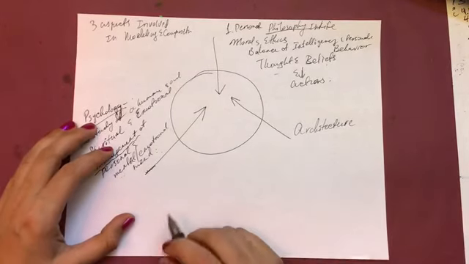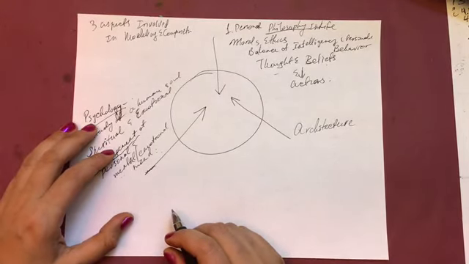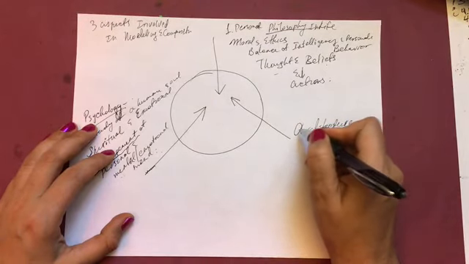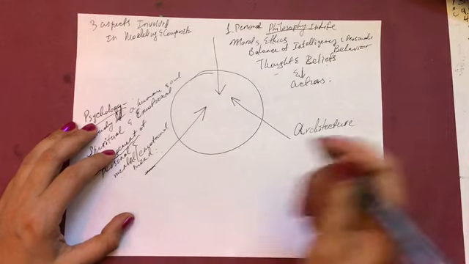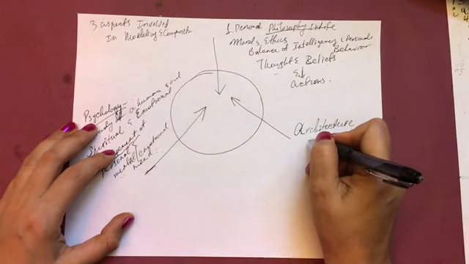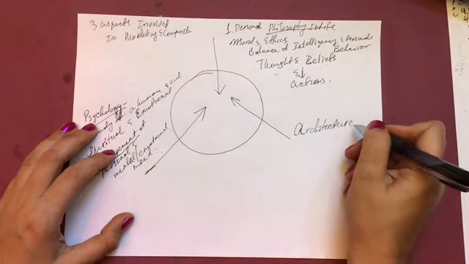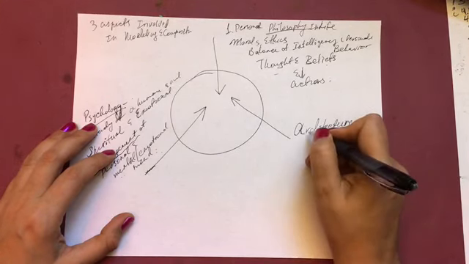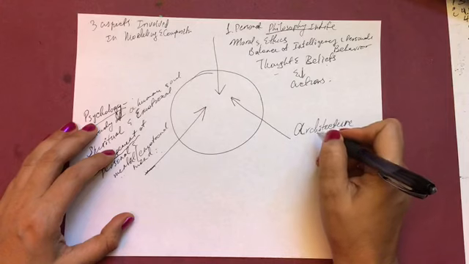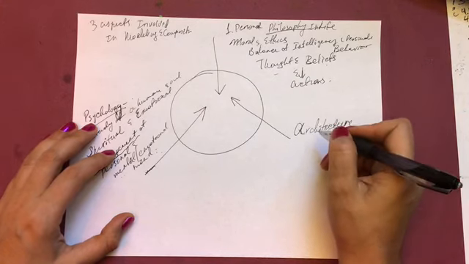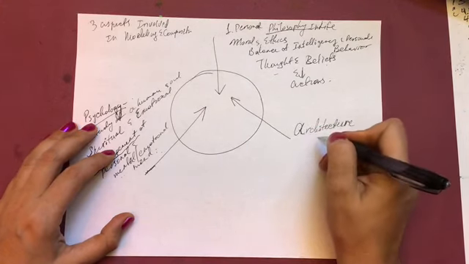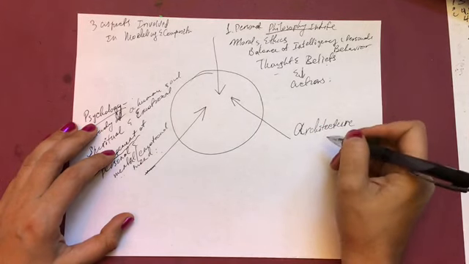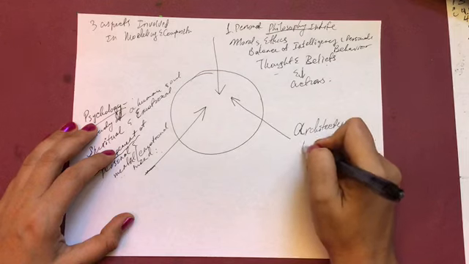So what happens with architecture? It's not something people are aware of, right? Architecture class, nobody takes it unless you're planning to become an architect. But here's what I'm going to surprise you with: we do have architectural tendencies in all of us. Let me ask you something. Did you ever play with blocks when you were a child? If you ever played with blocks when you were a child, guess what? You took an architecture class in early childhood. And that's what it is.